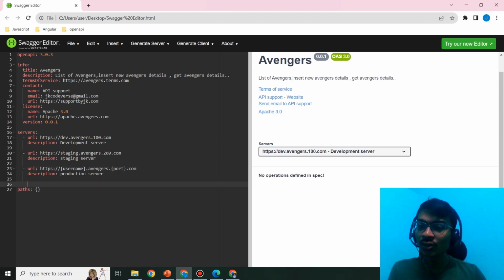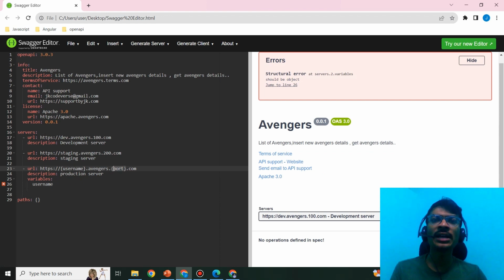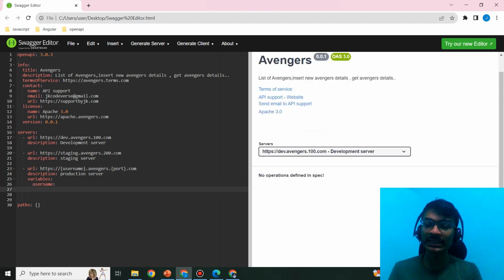So within this URL, I need to use variables, not within the servers, but within this production server list: variables, colon, username. This variable name I need to use. In my case, the variable names are username and port, and I'm providing the values. Actually, a variable is a mapping between a variable name and a value. Our variable name is username, and the value, let's say,